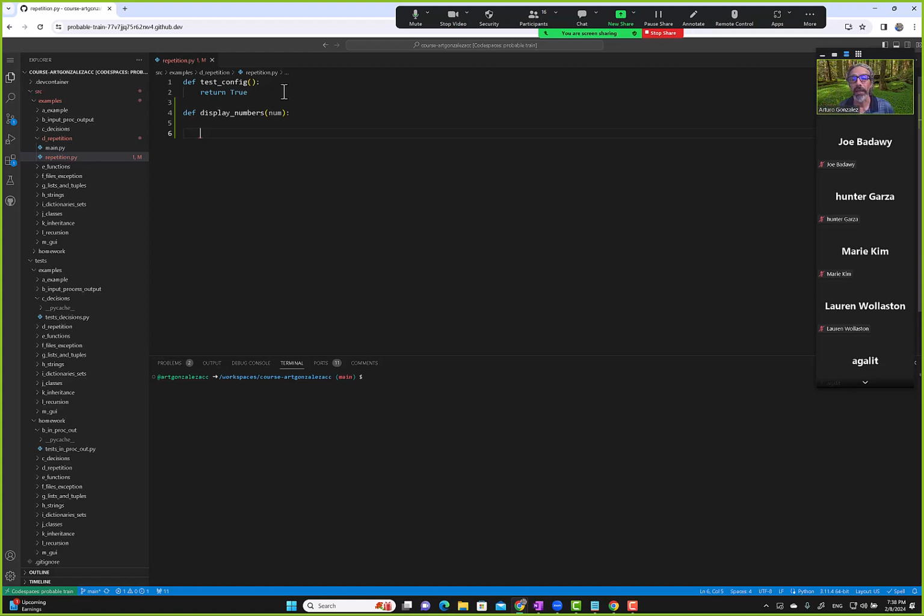So again, we have a while, and then some Boolean expression. We need a counter, so we say counter equals 0. And then the Boolean expression: while counter less than or equal to num,